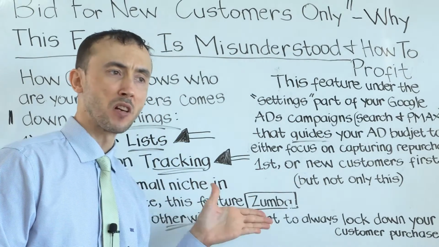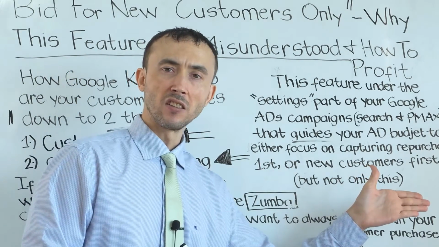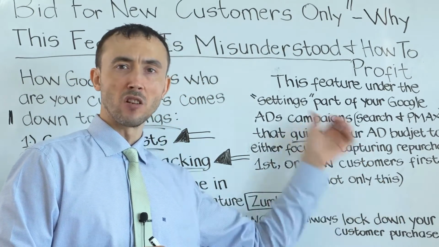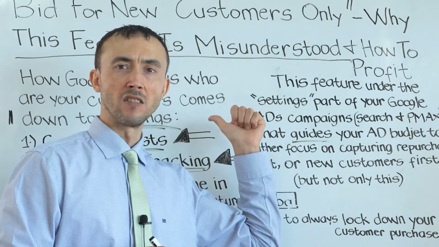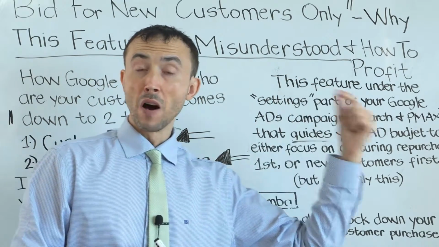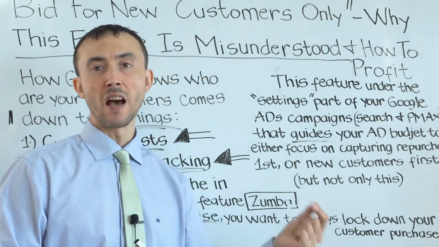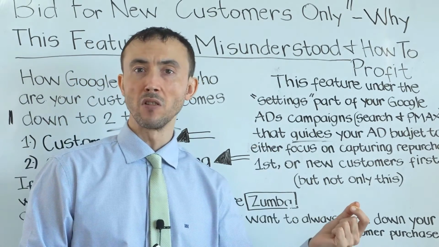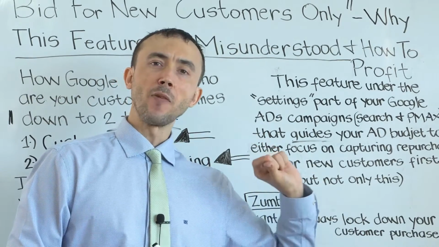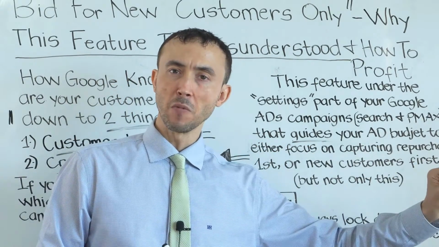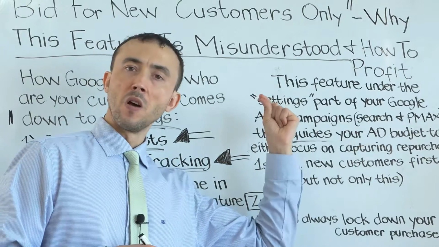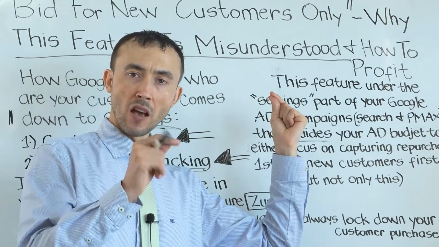So if a customer comes in, they spent X, okay, you've got notification of that passed back to Google Ads, but you could have a system going on in the back end of your website and your CRM system that identifies that's a new or an existing customer, and then attach that extra piece of information